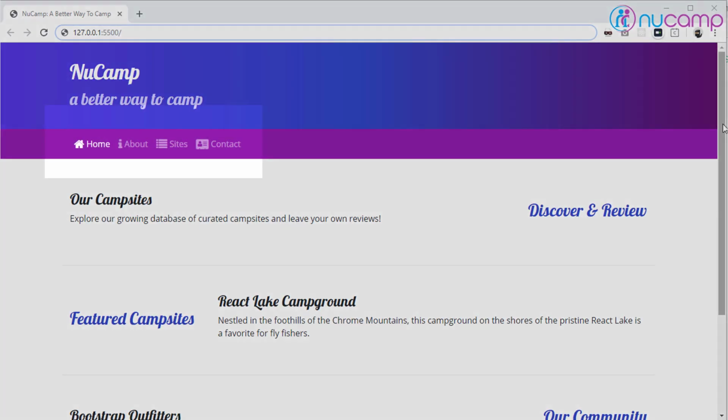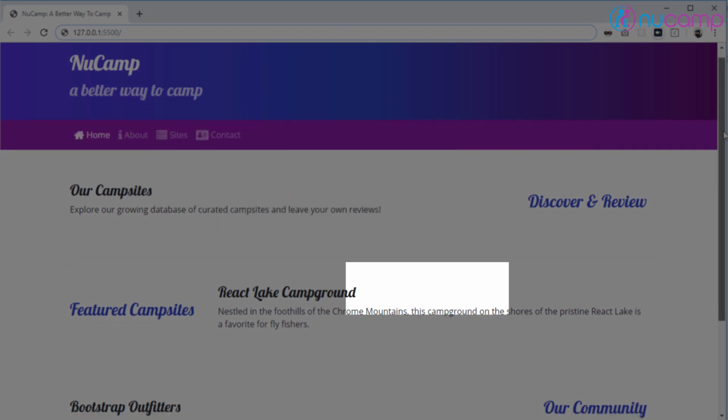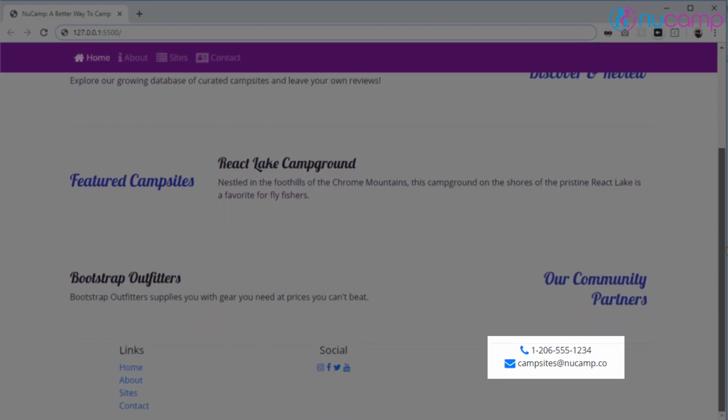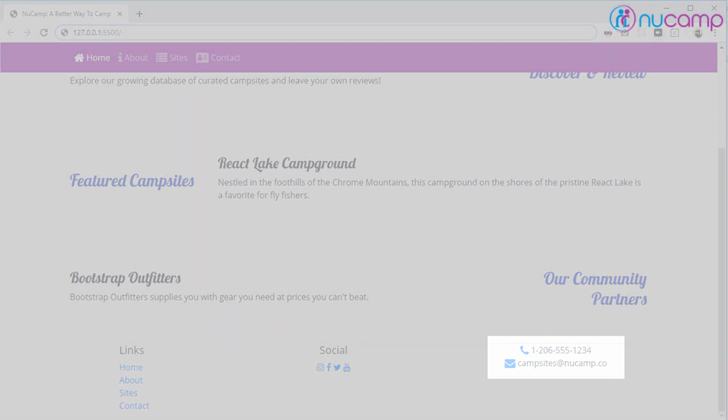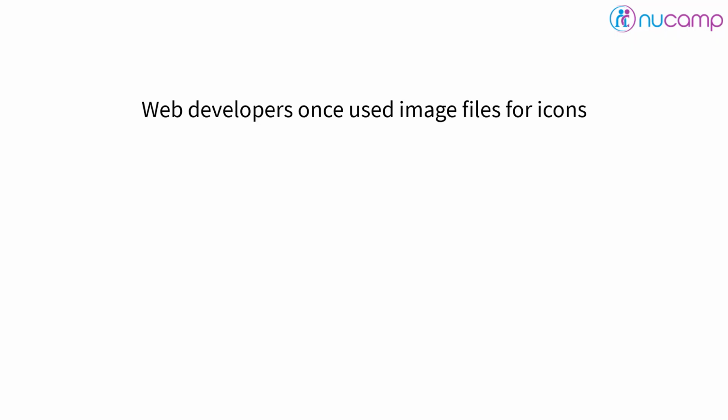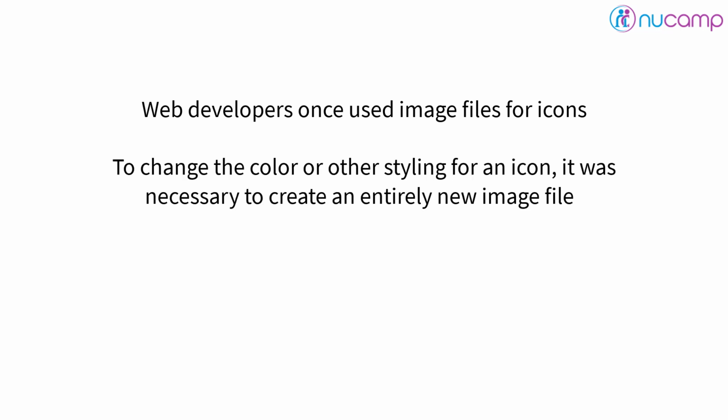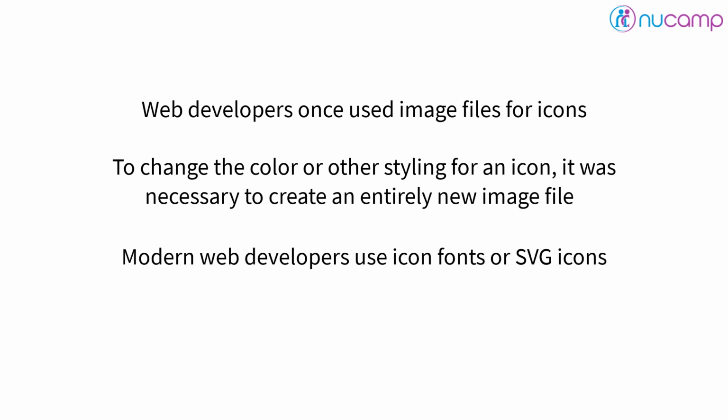Icons are very common in web design, such as the picture of an envelope to indicate an email link. Back in ancient times, web developers would have to find or make separate image files for each icon they wanted to use. Then if they wanted to change the color of an icon, they would have to make an entirely different image file. Things are easier now, and modern web developers have two very good options to choose from: icon